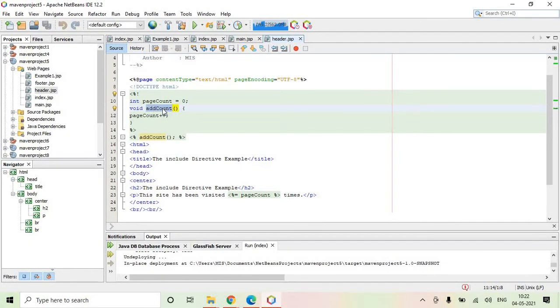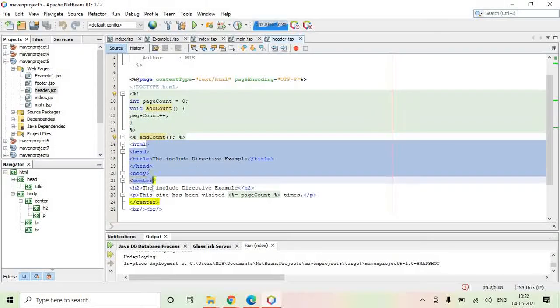Whenever this function gets called, it increments this pageCount value. So we initialize the pageCount value to 0. Every time this particular page gets loaded or this function gets called, the value of pageCount gets incremented. And here we have given a call to that function. Whenever this page gets loaded, the first thing is this function gets called.